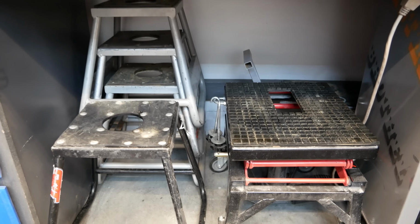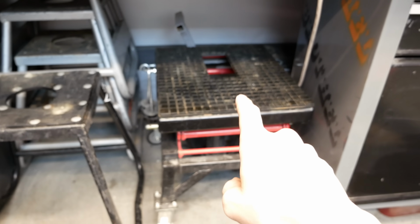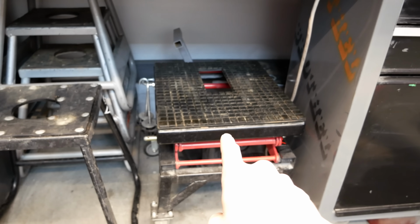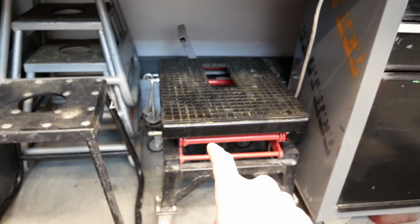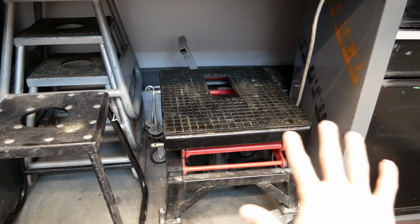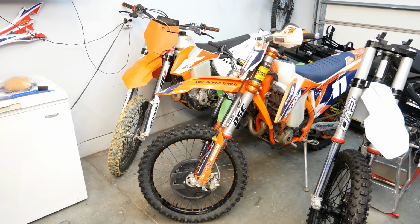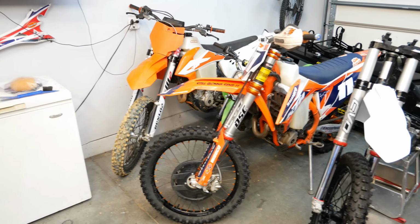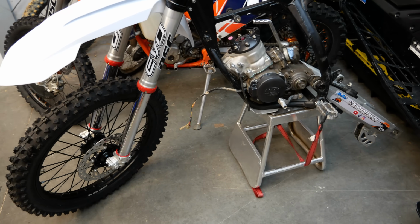Under the bench here, I've got a plethora of dirt bike stands. Most of them are just normal box stands. This one is incredibly convenient. This is a Redline Engineering scissor lift stand. This comes in handy when you've got both wheels off a bike or you're doing a full build. It's really nice because you can roll the bike around the shop instead of having to drag it around on a stand. In fact, my 350 has been on that stand, but I got this back together yesterday and it is time to put the 200 on that stand